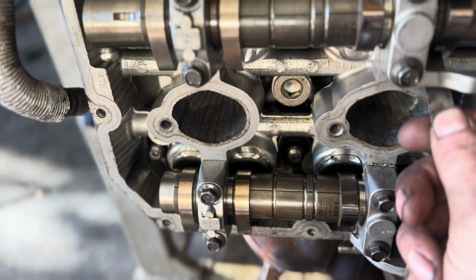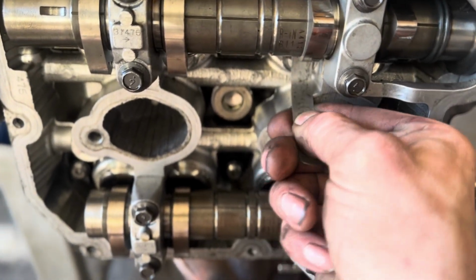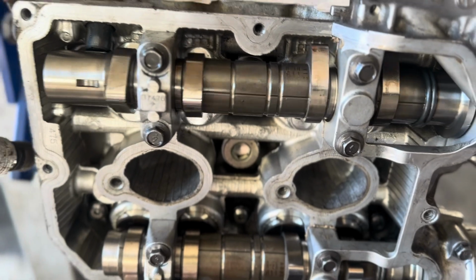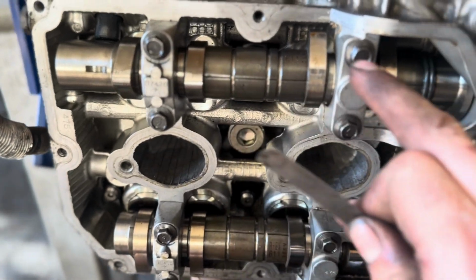Too tight by just a little bit. A little too tight. Let's see if I can put a 0.007 in there. 0.007 right there. All right, let's see if I can get this in here. So, too tight. And too tight, and okay, that one's okay, that one's all right, just these two are too